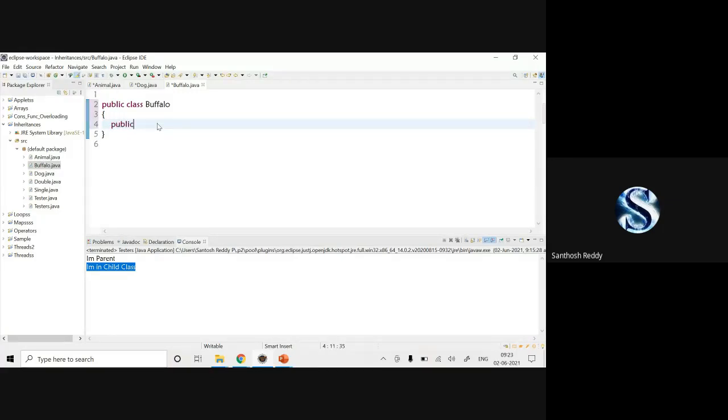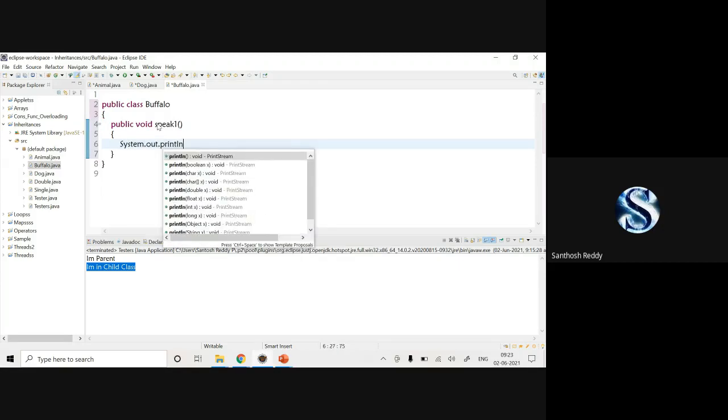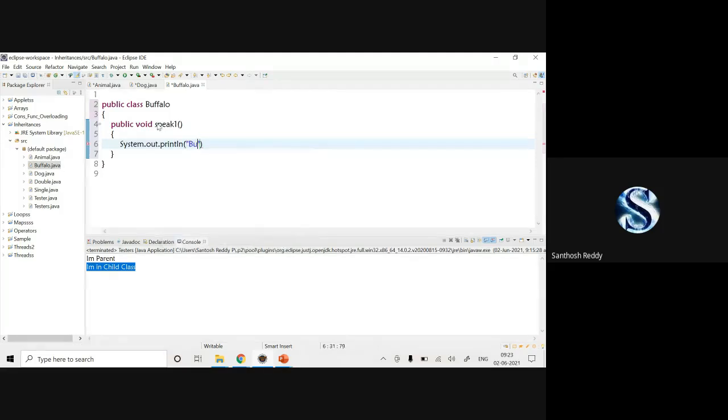I'll create one method which is public void speak1, open and close parenthesis. Here I'll write system dot out dot println buffalo will bleed, or either it will do amba.